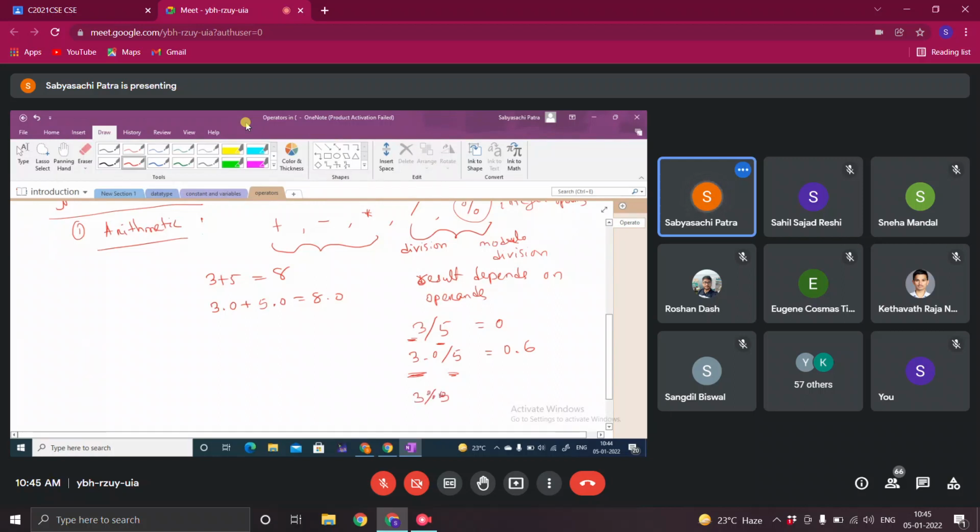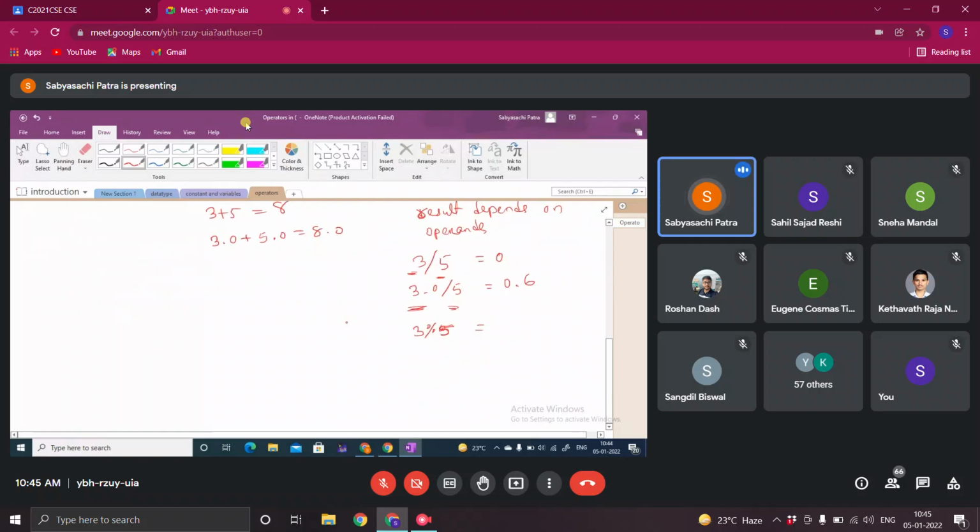Similarly, 3 modulo division 5. 3.0 modulo division 5 does not have any meaning because modulo division is applicable for integer operands only. And the result is 3.